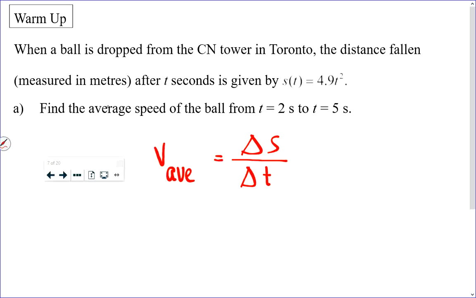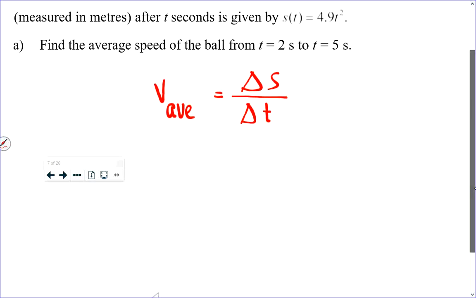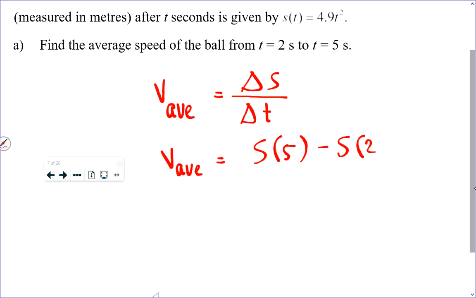So what does a change in a position mean? What it means in this specific example is that we need to take the position at 5 seconds and subtract the position at 2 seconds. That's the change in the position. So whatever s of 5 is, we have to subtract s of 2